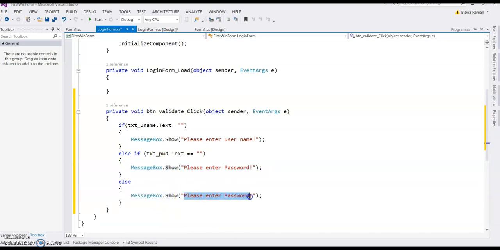In the previous class, I already showed you how to do validation. So here, same thing, if else if. Now run the application.